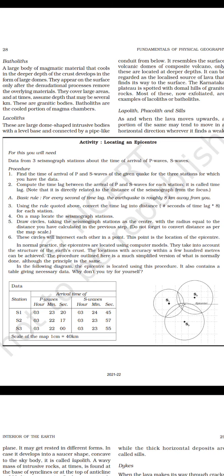In the following diagram, the epicenter is located using this procedure. It also contains a table giving necessary data. Why don't you try for yourself? Take a look at